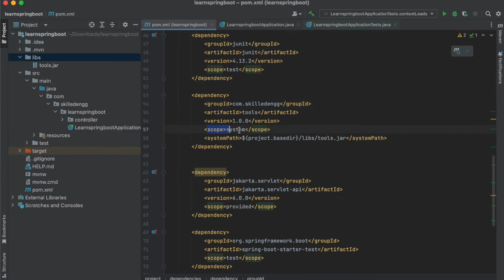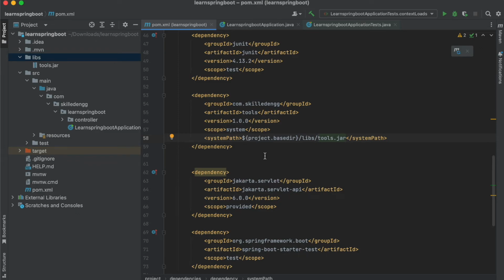Then we have defined the scope as system and we need to provide the system path here. So this will be the base directory which will point to this particular location, and after that libs and the tools.jar. So this is how it will access the files of this tools.jar file.